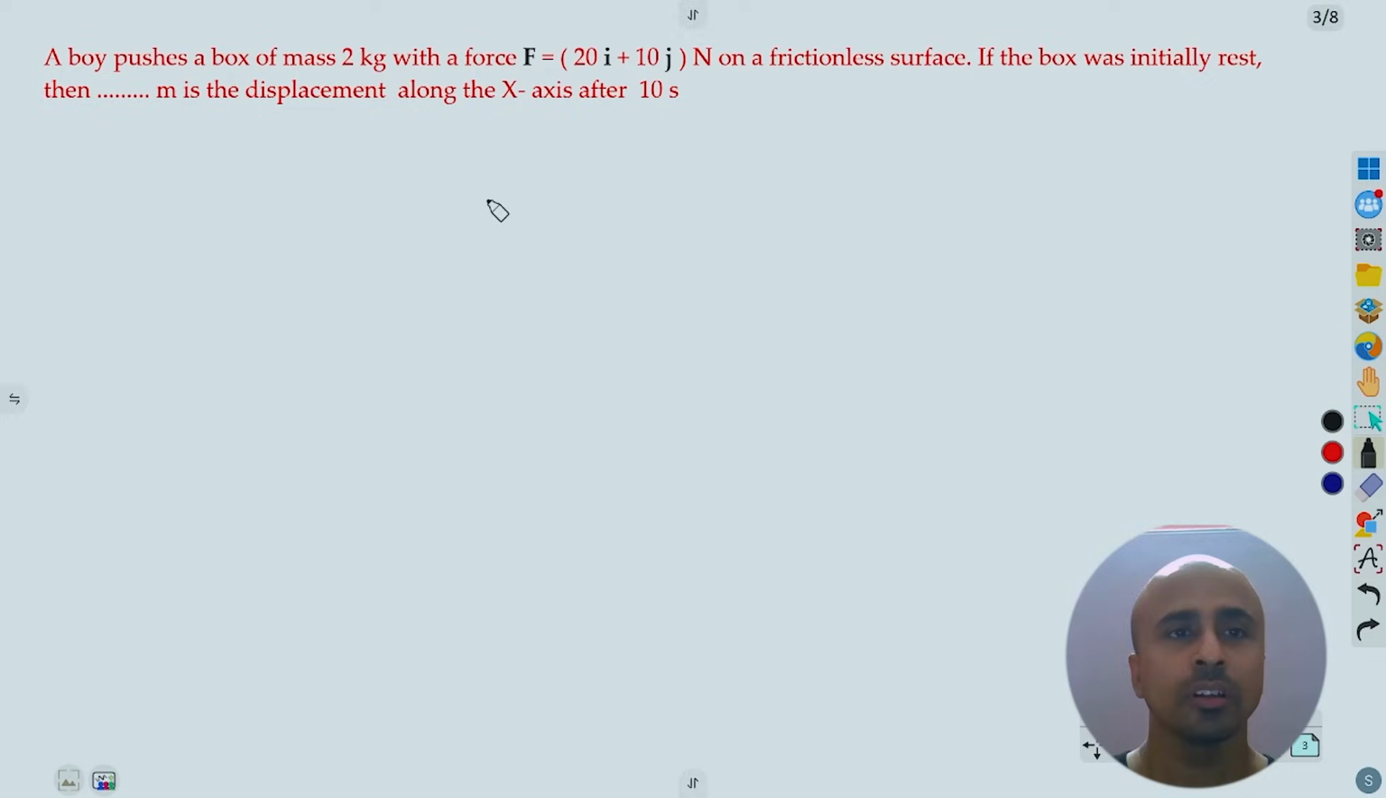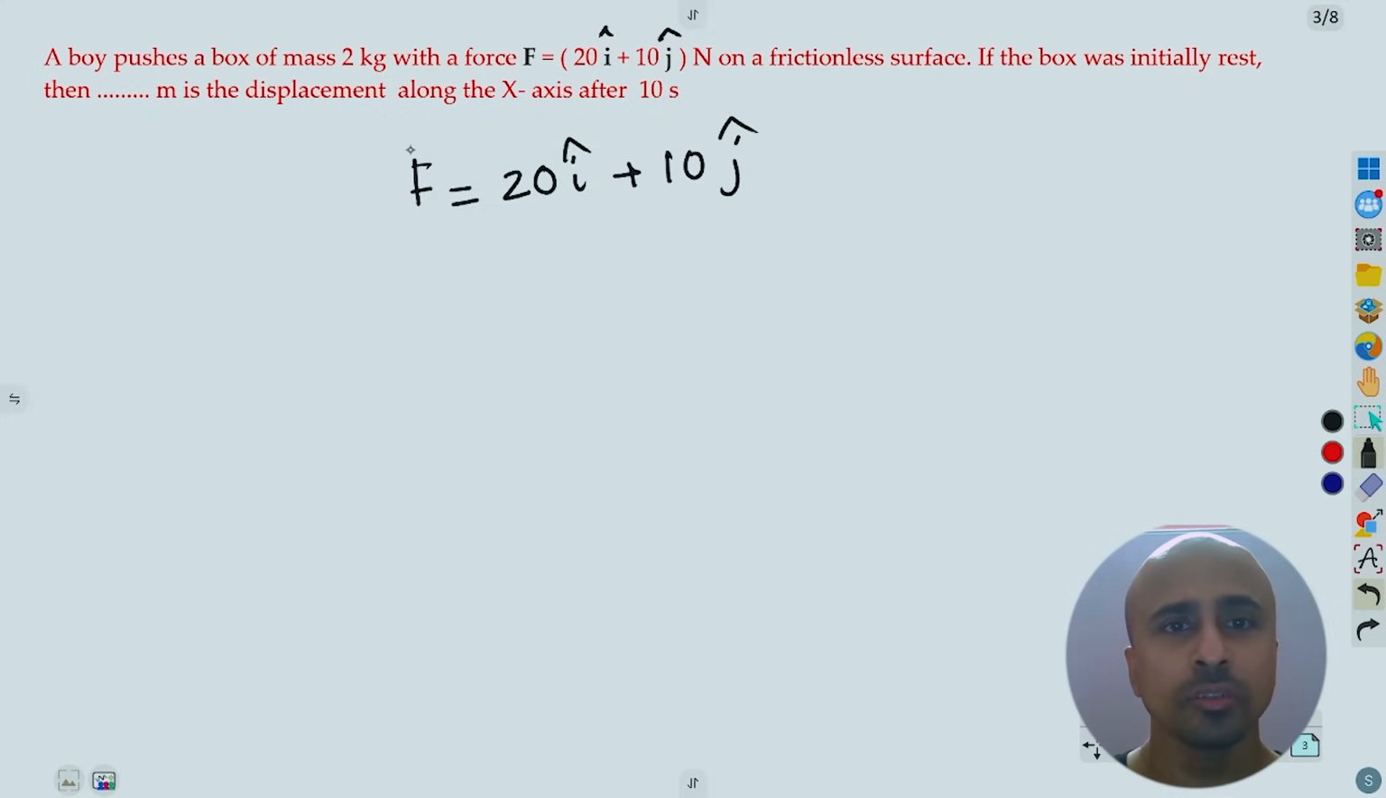A boy pushes a box of mass 2 kg with the force 20 i cap plus 10 j cap Newton on a frictionless surface. If the box was initially at rest, we have to find the displacement along x-axis after 10 seconds. So the expression of force is given something like this. Force is a vector,